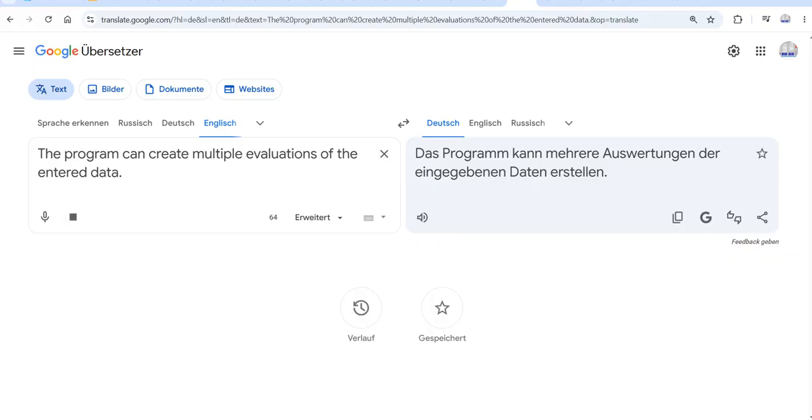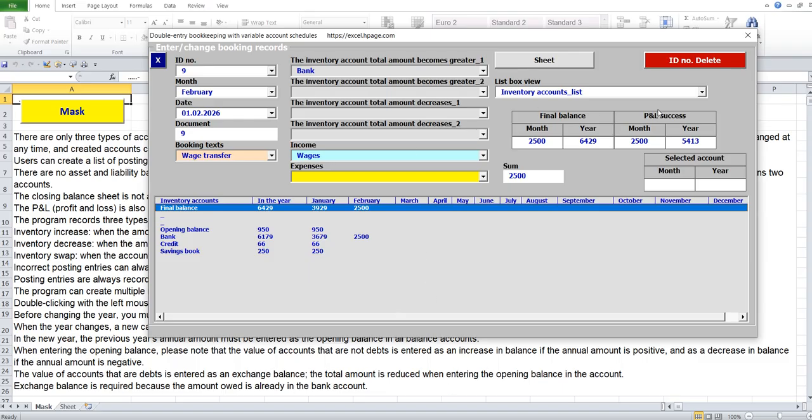The program can create multiple evaluations of the entered data.